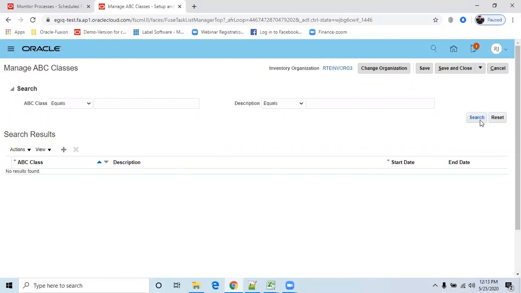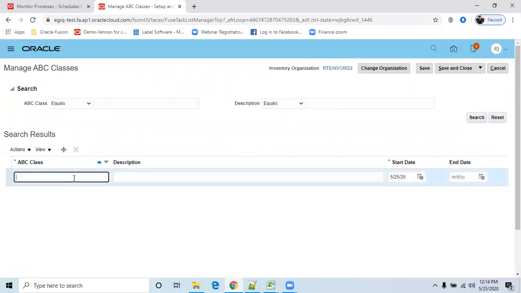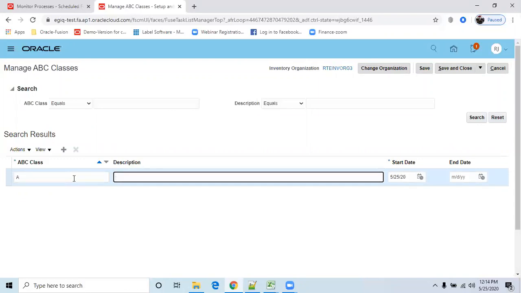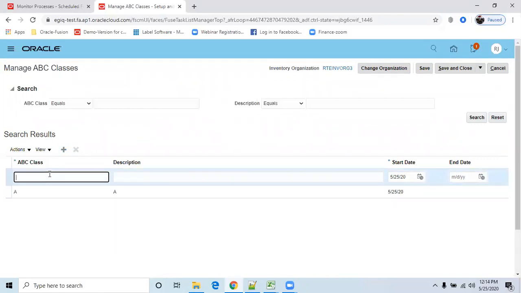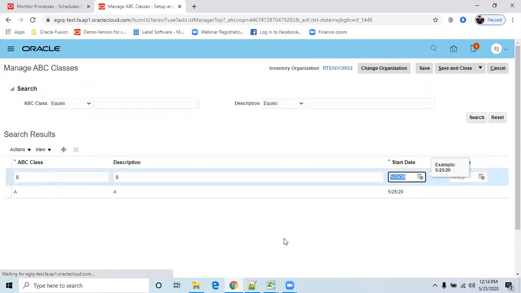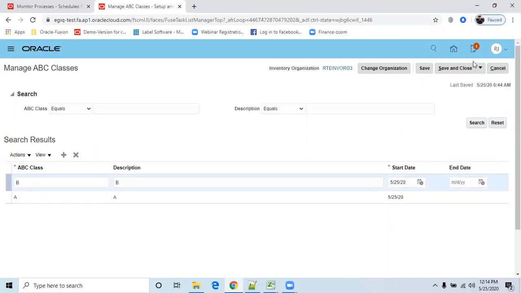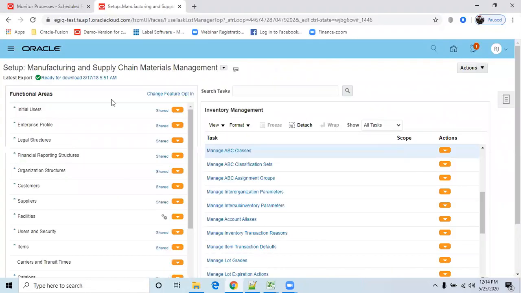Here you just click on search. We don't have any ABC classes, so I'll make 3 classes here. As per my example, I'm keeping only 2. A class. Okay. Next one is B class. Save and close.